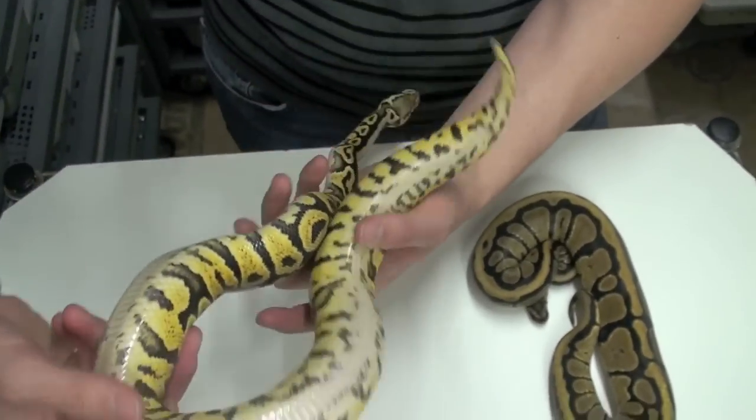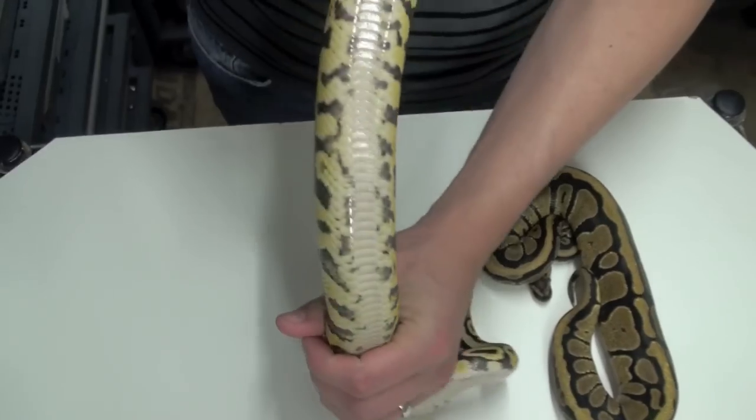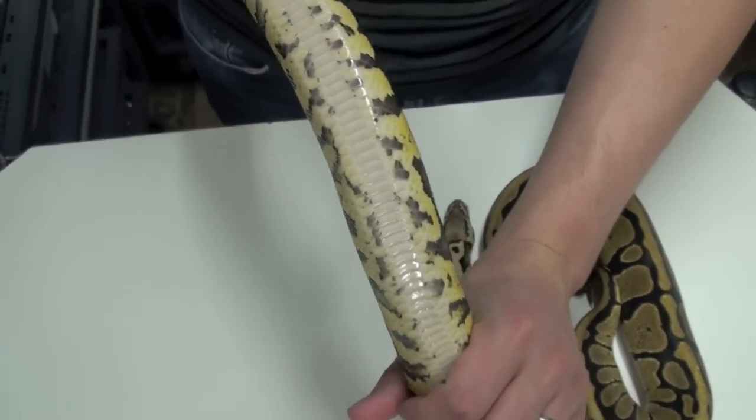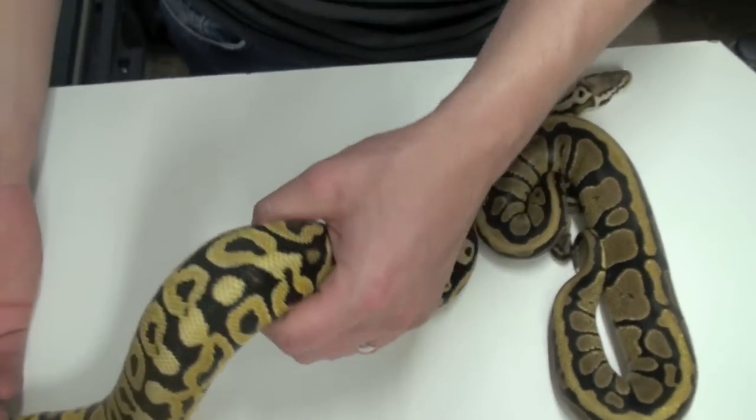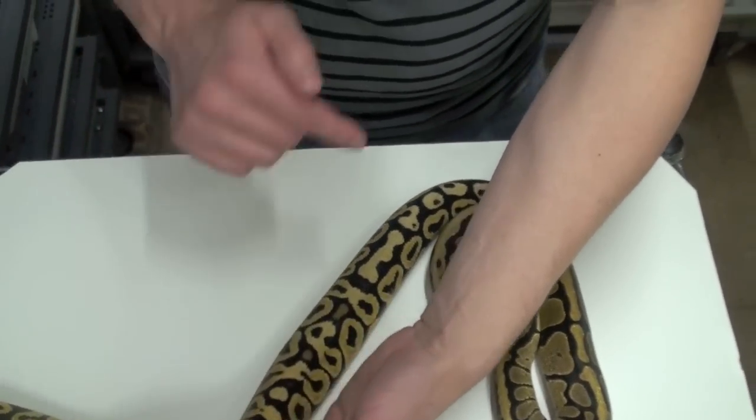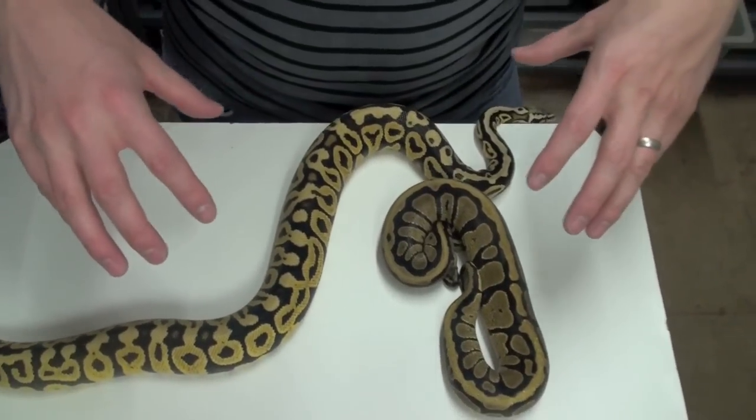And we'll look at the belly. You'll never see a Pastel with a belly like that. Very heavily patterned, coming from the Spotnose morph. I'm not going to make it too uncomfortable here. But this is a really cool snake. I'm looking forward to moving this into some other